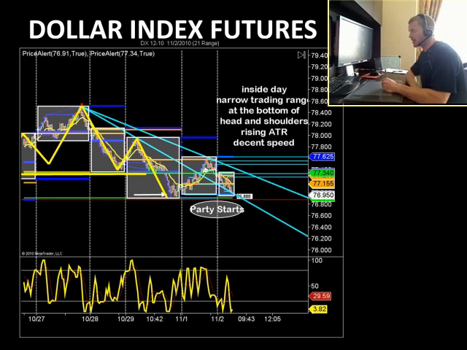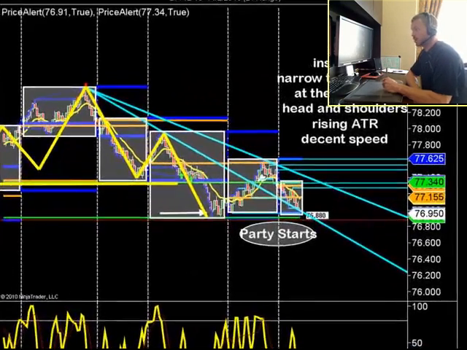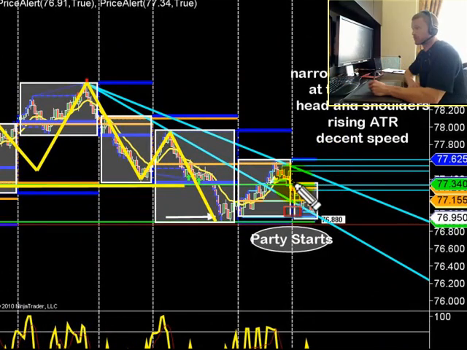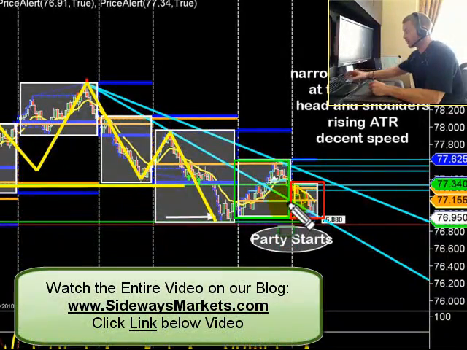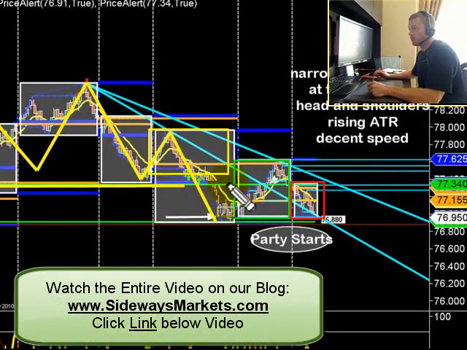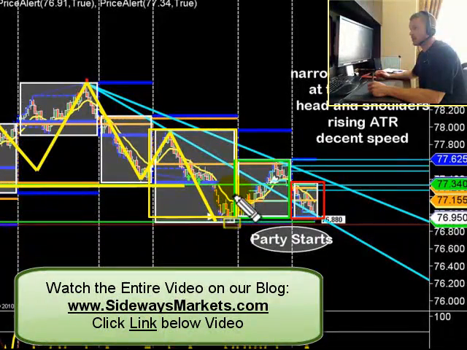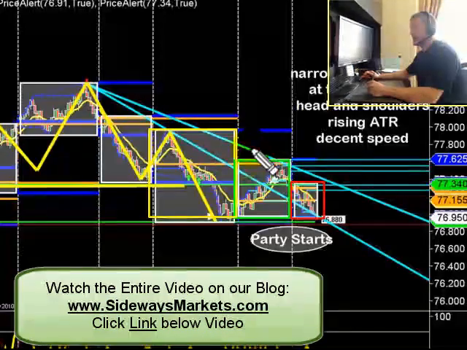Now, the dollar this morning gave us a little bit of conflicting signals. The first thing we saw here, look at that trading range. Compare today's trading range to yesterday's trading range, and then compare yesterday's trading range to the day before. What are you guys seeing right there? What do you see? I see, exactly right. We're seeing a narrowing here